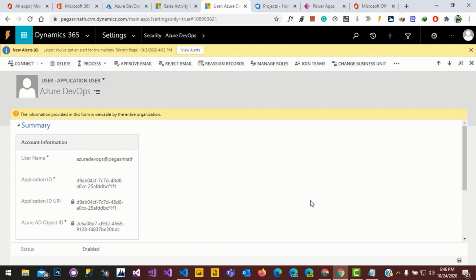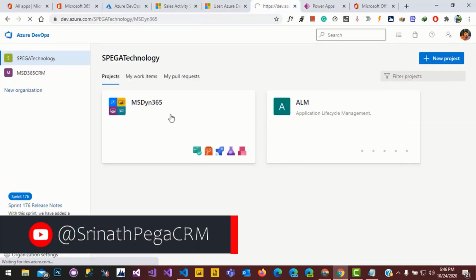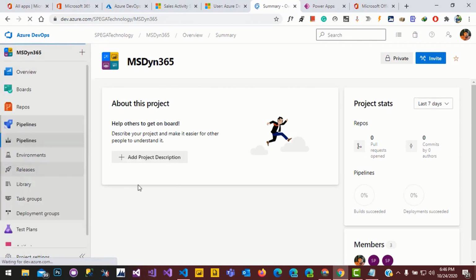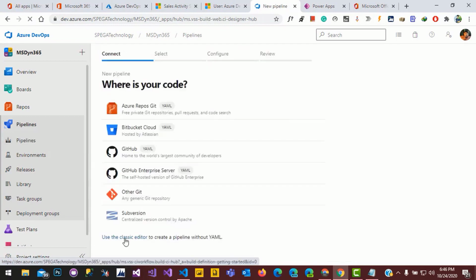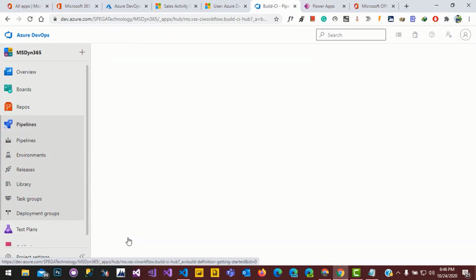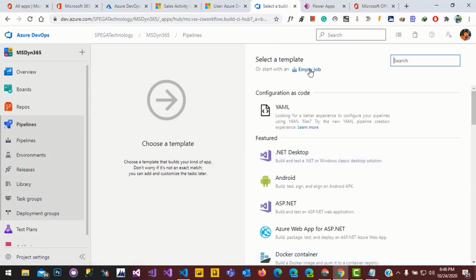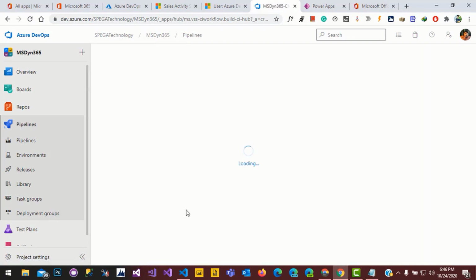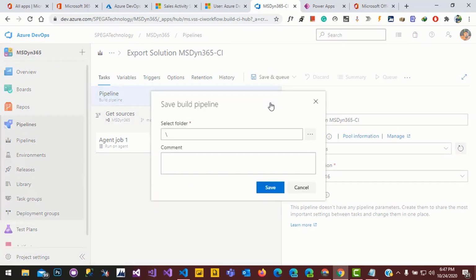For that, go to Azure DevOps and open a project, click on pipeline, click on new pipeline, use classic editor, click on continue, go with the empty job. First I will give the name for the pipeline, click on save.